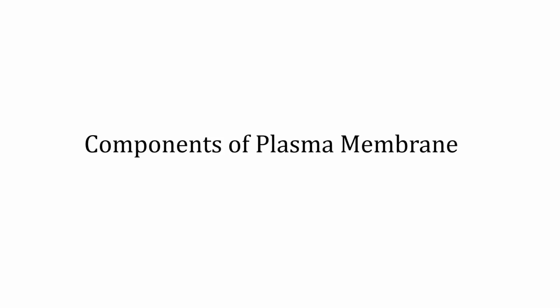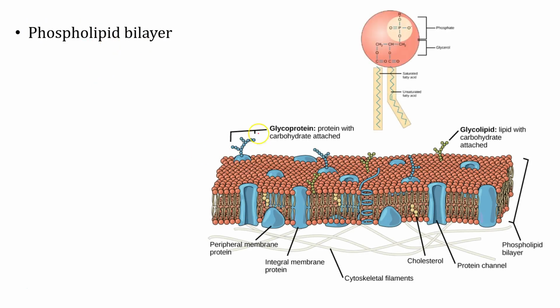Let's talk a little bit about what is inside of a plasma membrane. The first is that it's our infamous phospholipid bilayer. Okay, so remember, at this point you should be able to know what a phospholipid is. A phospholipid is something with a phosphate head on it, and it's got two fatty acid tails. It looks something like this. Okay, so here's that phosphate group, and then there's a molecule of glycerol, and onto that the phosphate group occupies one part of the molecule, and then the other two parts of the glycerol molecule can attach to two fatty